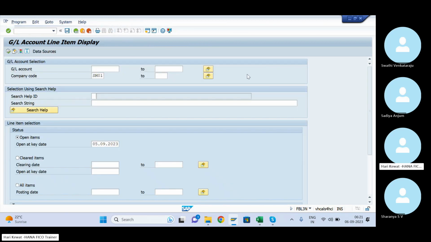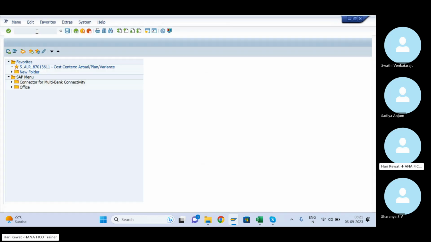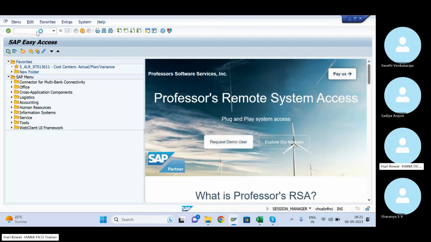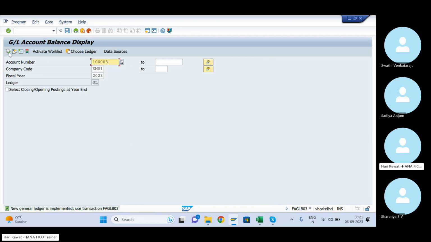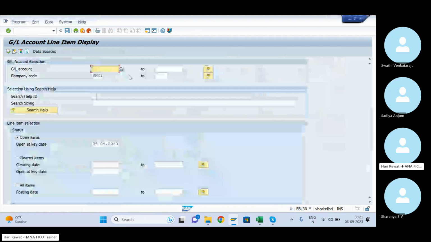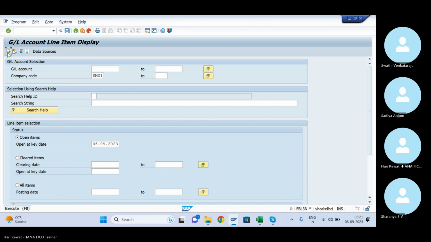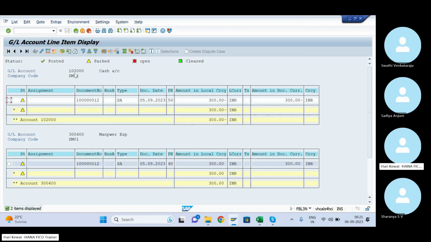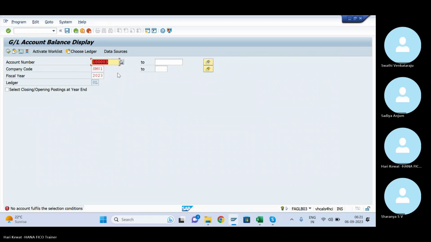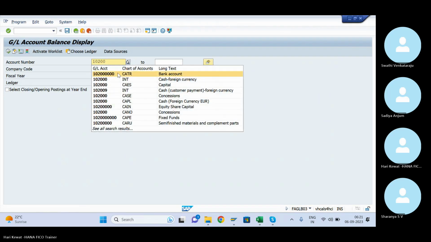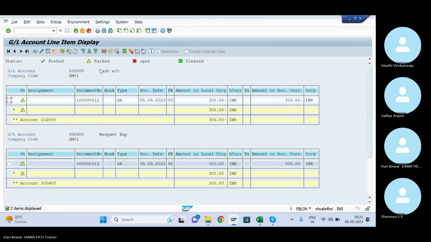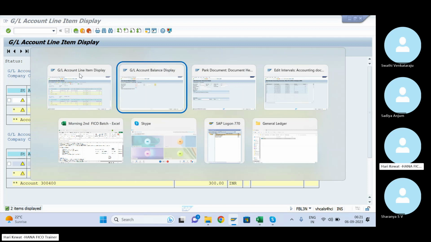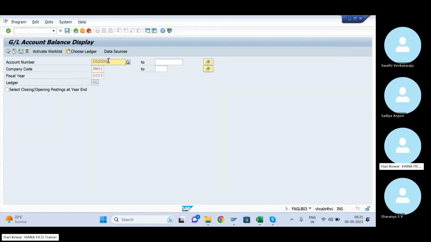In this way also you can go to FS10N and you can see. Let's say this is the cash account. What is the cash account? It is 10200, 102 2000.